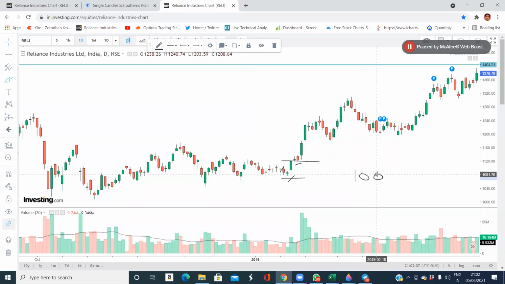How many times does your stop loss get hit? And how many times does your target get hit? You can backtest this. So next time, whenever there is a morning star formation, if your backtest is successful, you can take the entry. Similarly, other types of candlesticks can also be backtested.